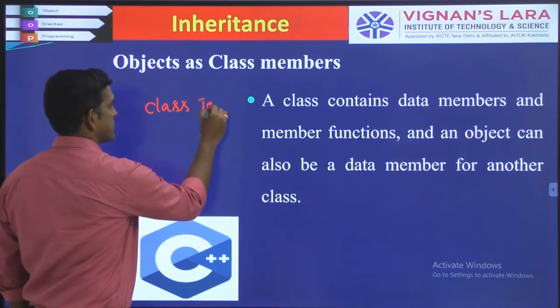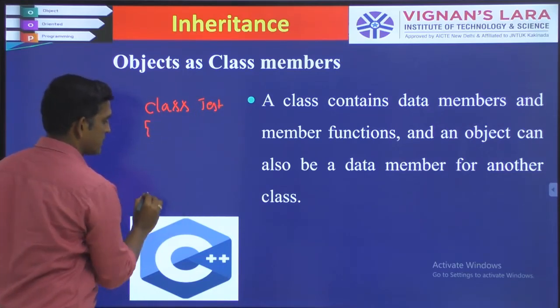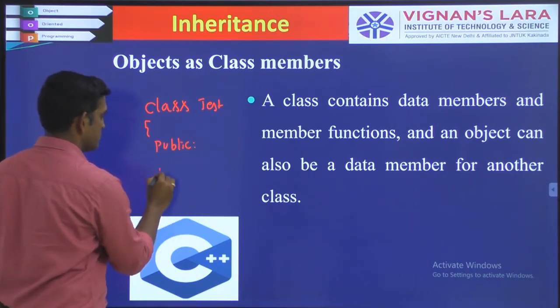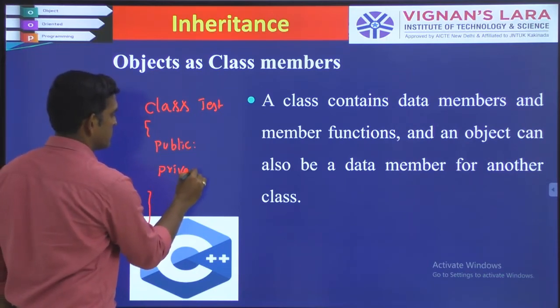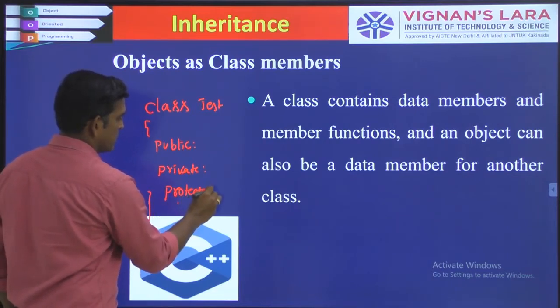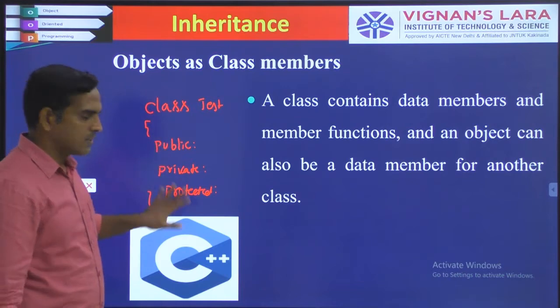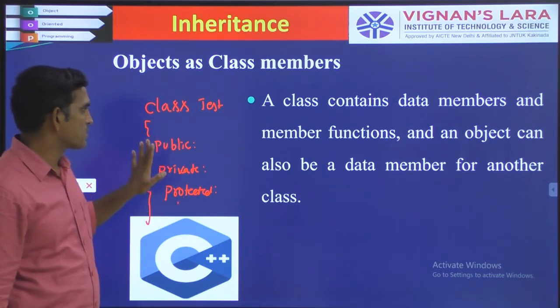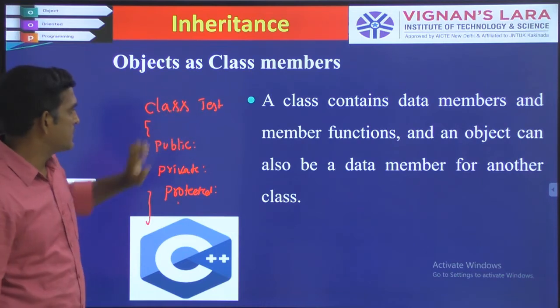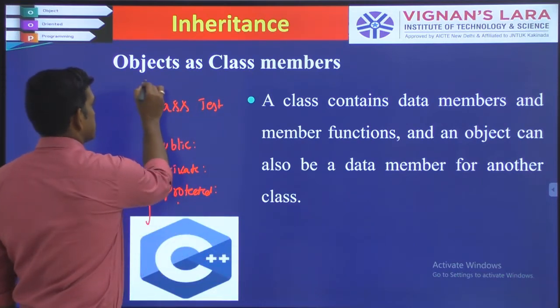So some class test. Inside the class you can be having your public, private, protected. Okay, you can be having your access modifiers, your public, private, protected, and whether any other class, for example,